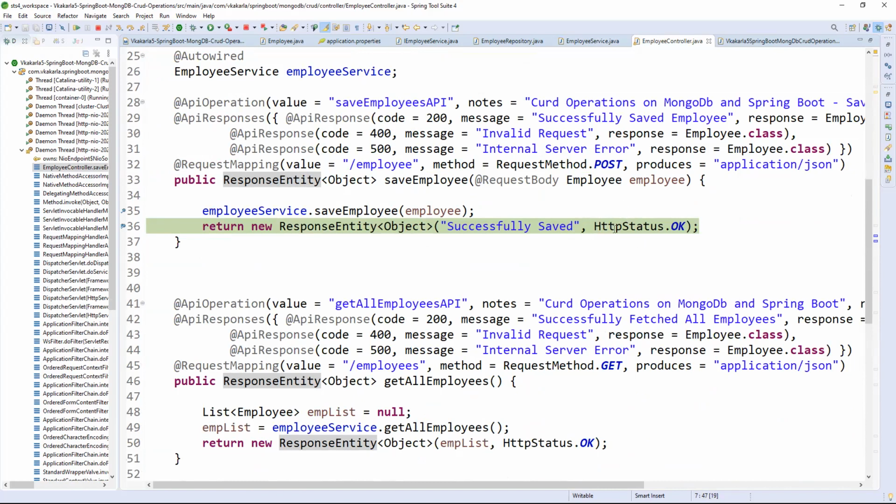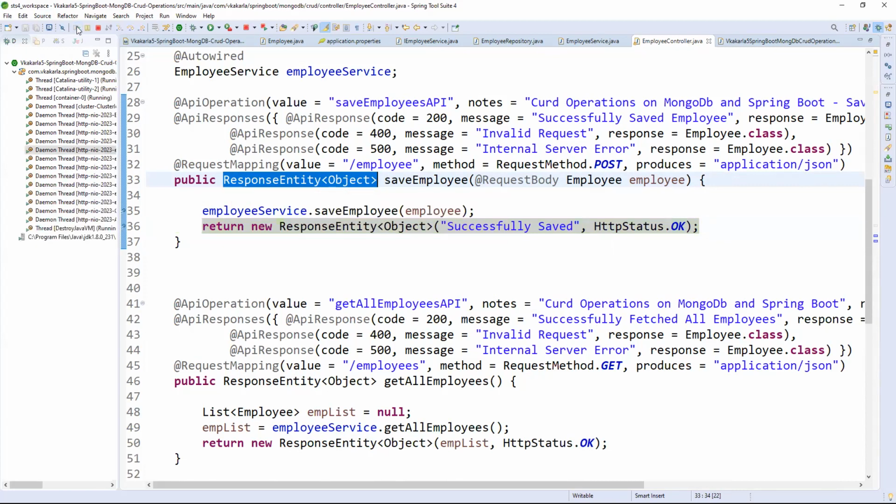So that based on the status, the front end person will populate the data. If it is a success response, they will populate the data. If it is a failure related status, they will populate the error messages. Based on the status only, they will show either success or failure. So that is the reason it is a generic return type of an API in Spring Boot microservices. We need to give the response entity as the return type of each and every API.